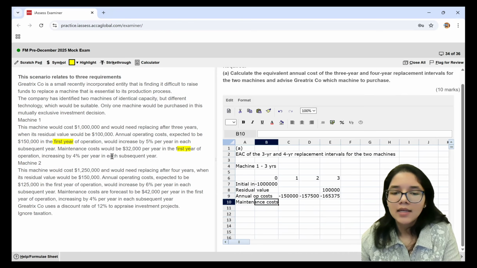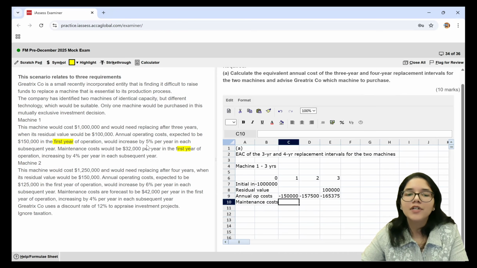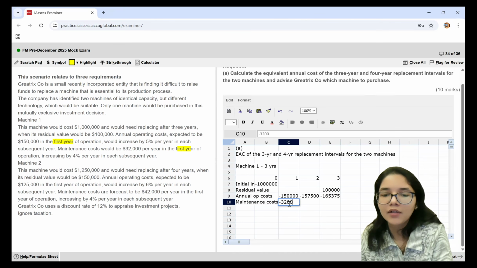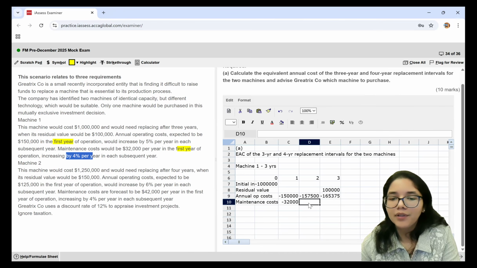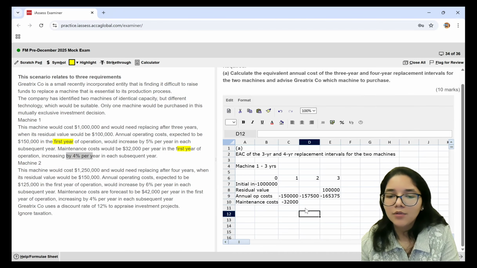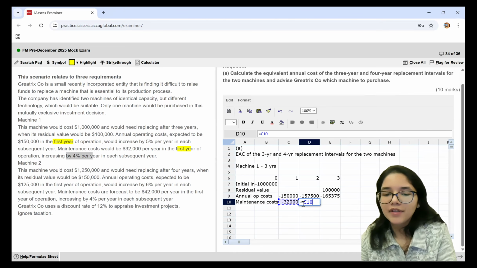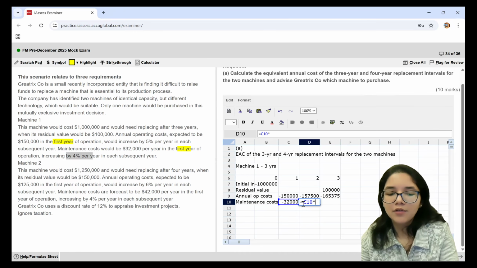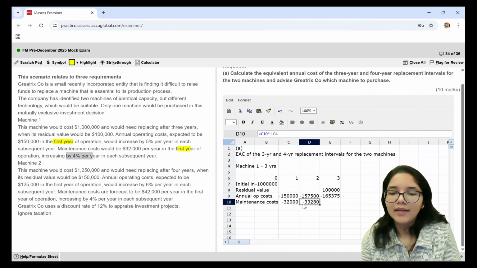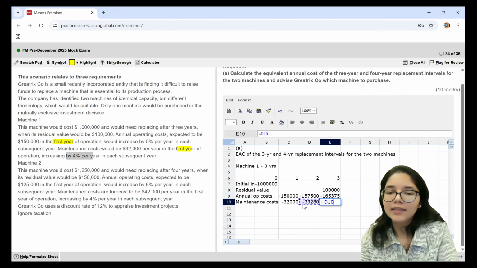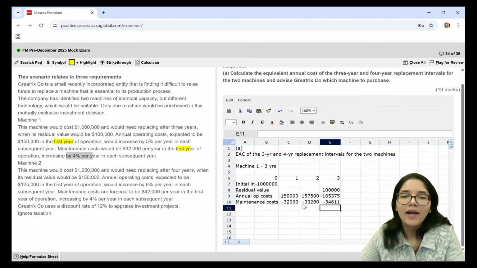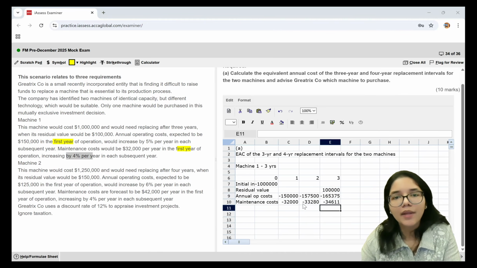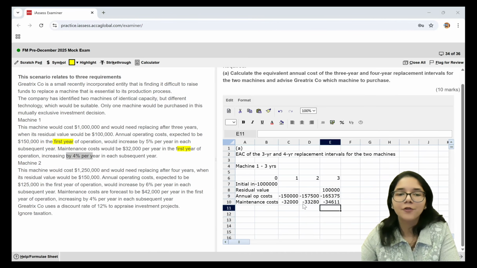Maintenance costs are given to me in first year terms at $32,000 per year. So negative 32,000. Now this is also increasing 4% per year. So what I'll do is take this figure into 1.04. And then for the third year, it will be this figure into 1.04. So this is how I have worked out the maintenance cost that I'll have to bear